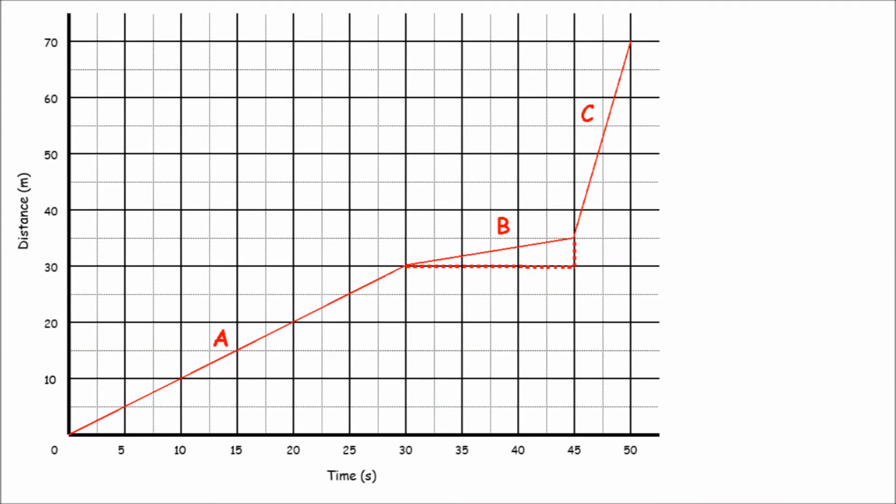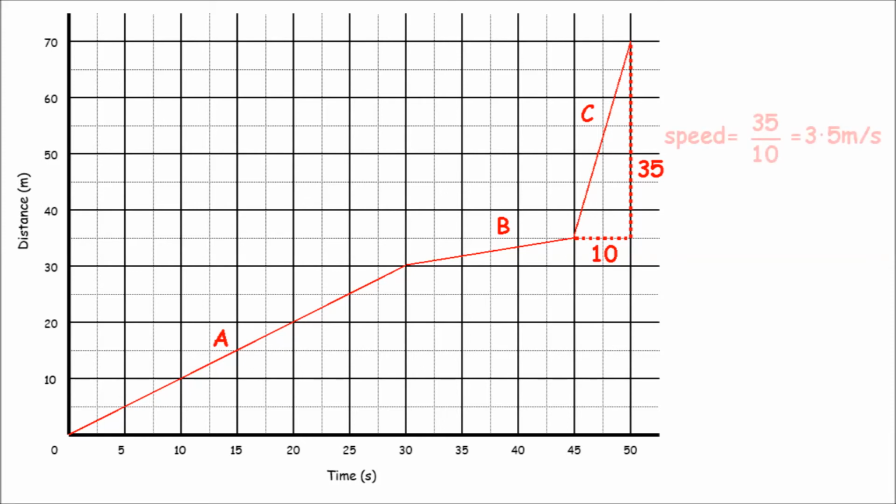For section B, here is the distance. Please note it's not just the top number, it's the difference between the bottom of the line and the top of that line for section B. So you need the height of the triangle. It's the distance covered in that section. And the time that you took to cover that distance is given by the width of the triangle. And again, distance divided by time, here's your answer. Don't forget the units. And for section C, it's the same. Here's the distance, here's the time,